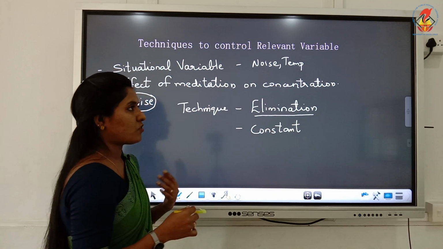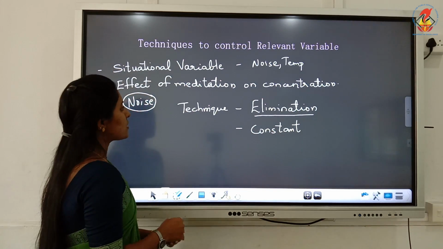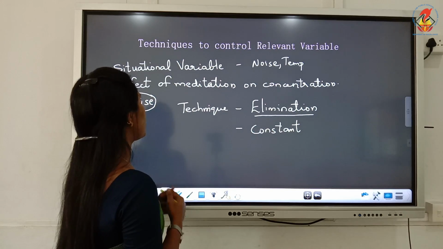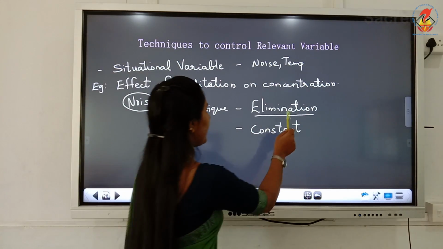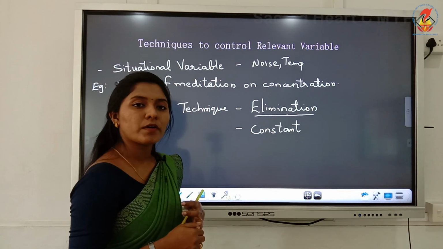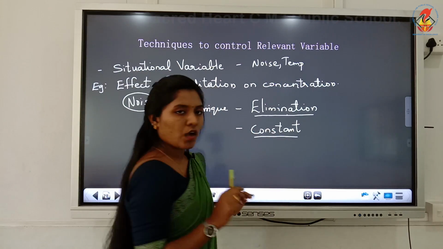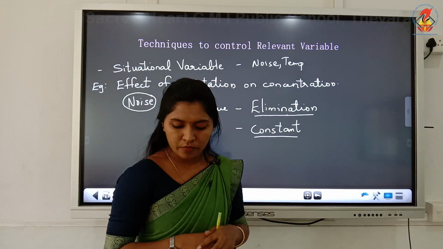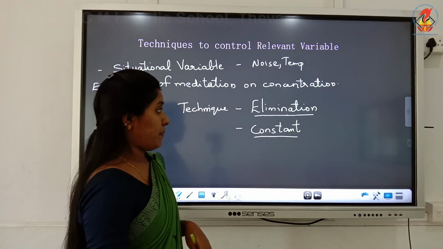There won't be any change in the result of that particular experiment. So, the reference is to elimination, but if the elimination of that particular variable is not possible, then you can make the variable constant, so that the effect remains the same throughout the experiment.